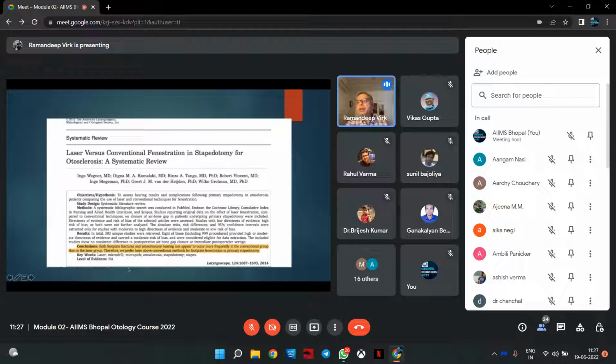Of course, why would a fracture occur more, or why would the footplate get submerged? Why would there be more chances if you're using the conventional group, that is conventional cold instruments? Of course, the reason for that is because you are touching the footplate. So what are the steps that things go wrong in? Tympanomeatal flap,